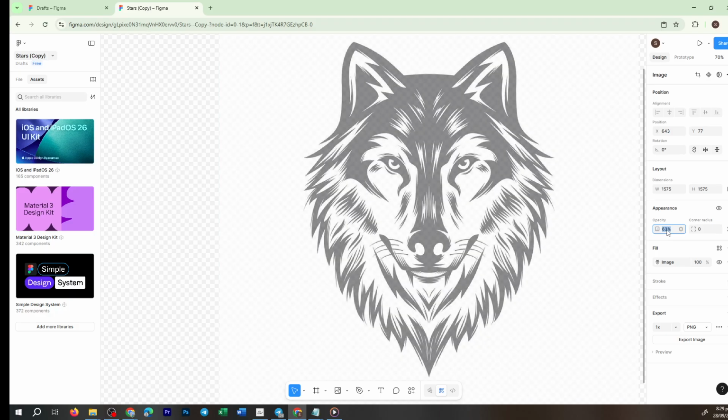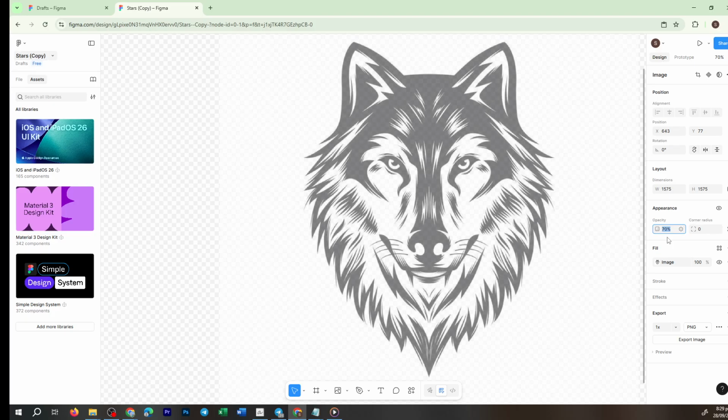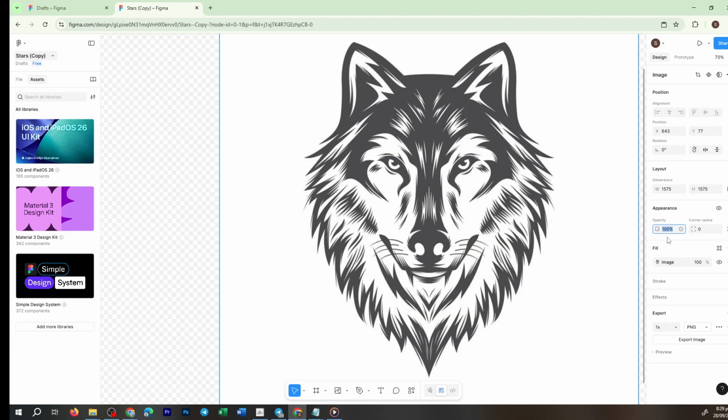You can highlight the percentage value that's currently set, and then use the up and down arrow keys on your keyboard to incrementally adjust the opacity level. This is handy if you want to see the change in real time and find the perfect level that suits your needs. Alternatively, if you have a specific opacity percentage in mind, you can directly type the new number into